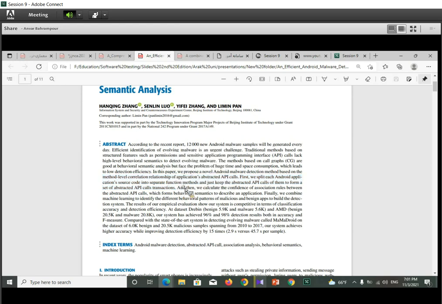And then the next sentence also gives more explanation. We calculate the confidence of association rules between the abstracted API calls, which form behavioral semantics to describe an application.